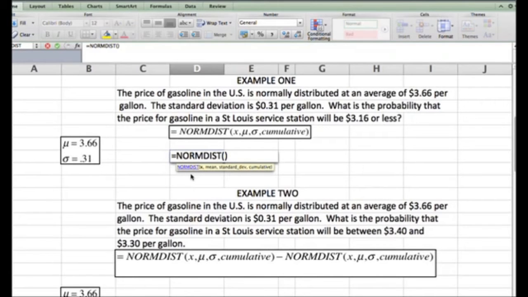First, we're going to enter X, which in this case is $3.16, followed by a comma, the mean, 3.66, as shown, another comma, standard deviation, 0.31, and then lastly, whether we want a cumulative or an individual number. In this case, it's cumulative, and so we will enter true. Once we have completed that and we hit enter, Excel returns